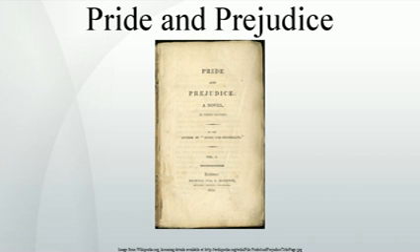Publication history. Austen began writing the novel after staying at Goodnestone Park in Kent with her brother Edward and his wife in 1796. The novel was originally titled First Impressions by Jane Austen, and was written between October 1796 and August 1797. On November 1, 1797, Austen's father sent a letter to London bookseller Thomas Cadell to ask if he had any interest in seeing the manuscript, but the offer was declined by return of post.